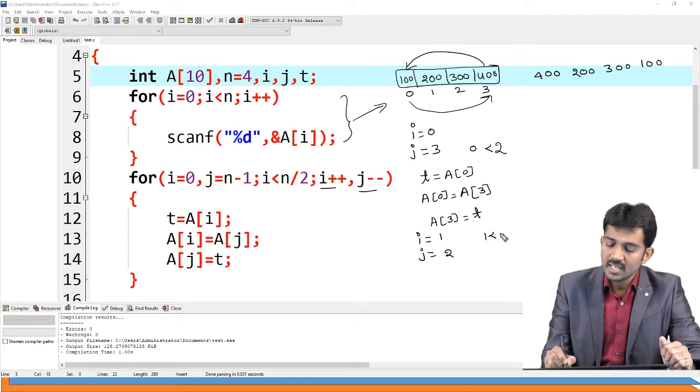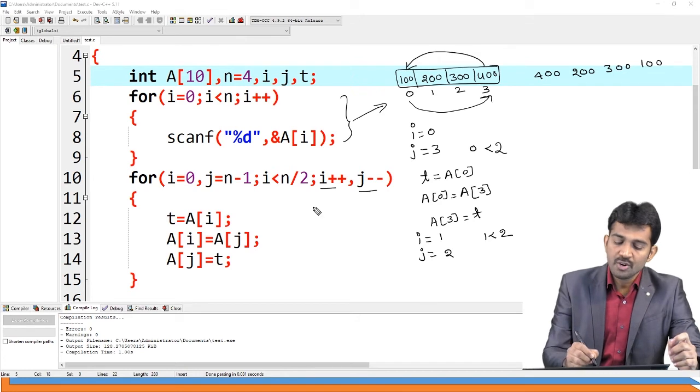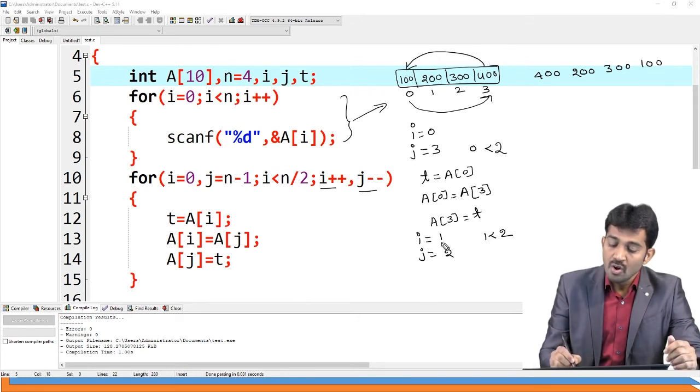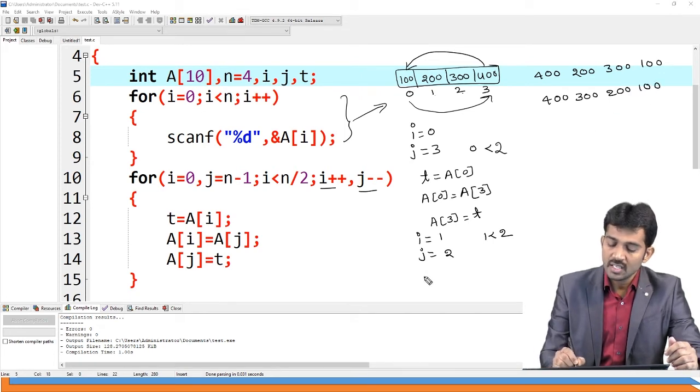Again, 1 is less than 2. Condition true. When the condition is true, it is going to enter the loop again. Again, what should you do? Swap the 1 and 2 index values. It is going to swap them, which means 400, 300, 200, 100. After that, I value goes to 2. 2 less than 2, condition false.